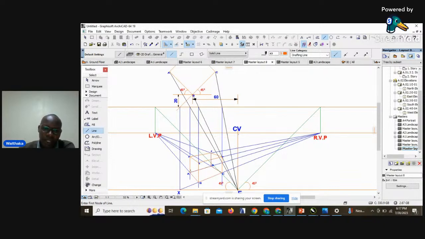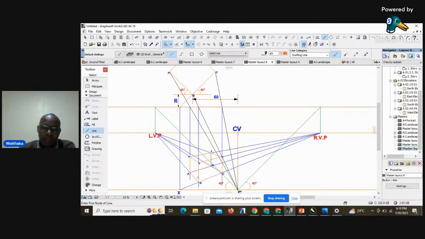Then we generated the bottom part of the cube by referencing point B with E. Where that line touched the picture plane, we dropped the line vertically down to get point B, and the same gave us the top point B. Then we also referenced point A with E, and when it touched the picture plane, we drew a line vertically down and it gave us point A. Then we did the same with point C. We referenced C with E, drew a line until it touches the picture plane, then dropped it vertically down, and it gave us point C from the line that is coming from point B. And of course, then taking C to the left vanishing point and point A to the right vanishing point, we got